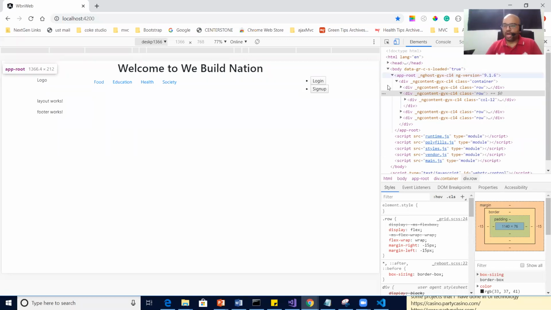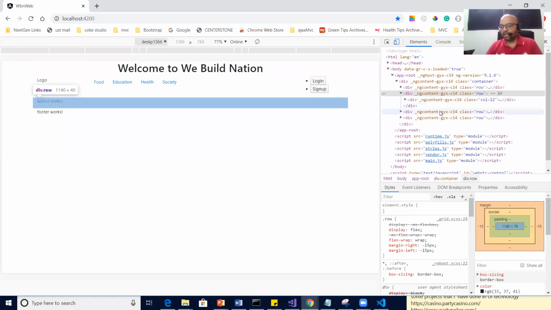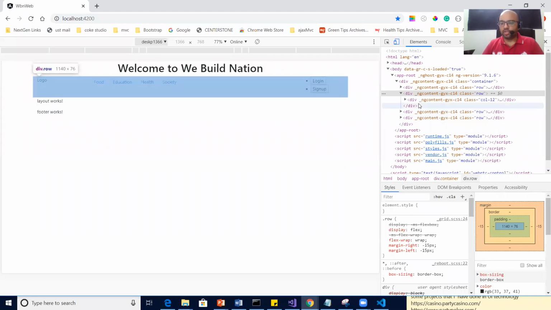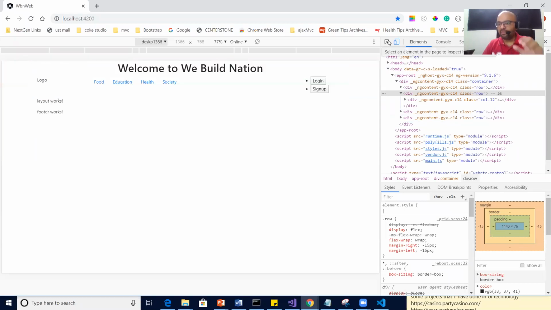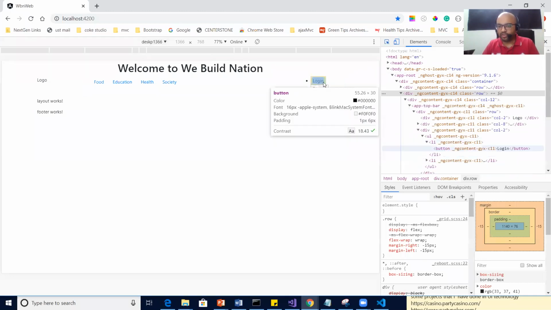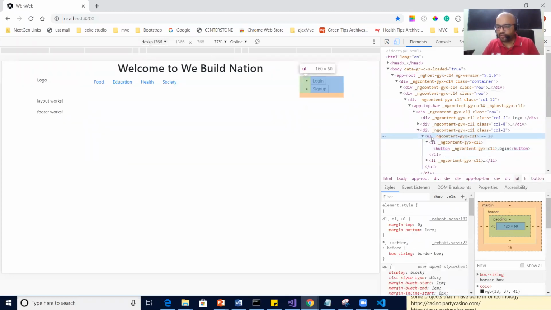Now I show you how to make the best use of this browser console tool. Here I can immediately apply styles and check what style I should put in the code. So I mouse over on this one and go to UL. First of all, UL will by default put dots. So I need to remove these dots.